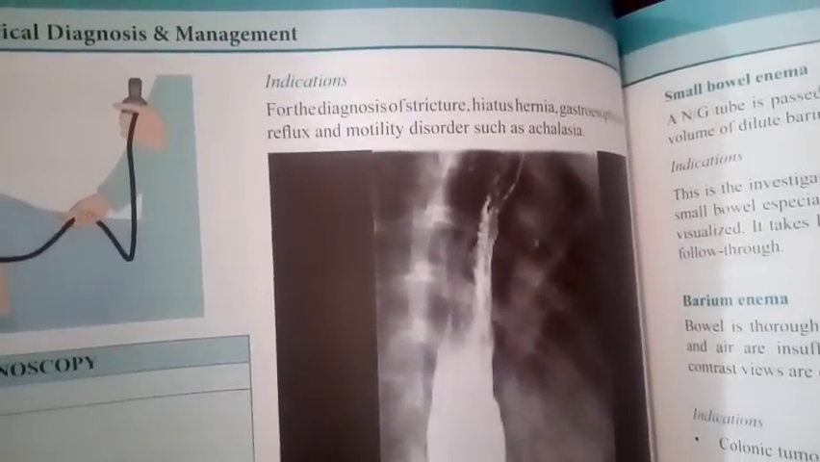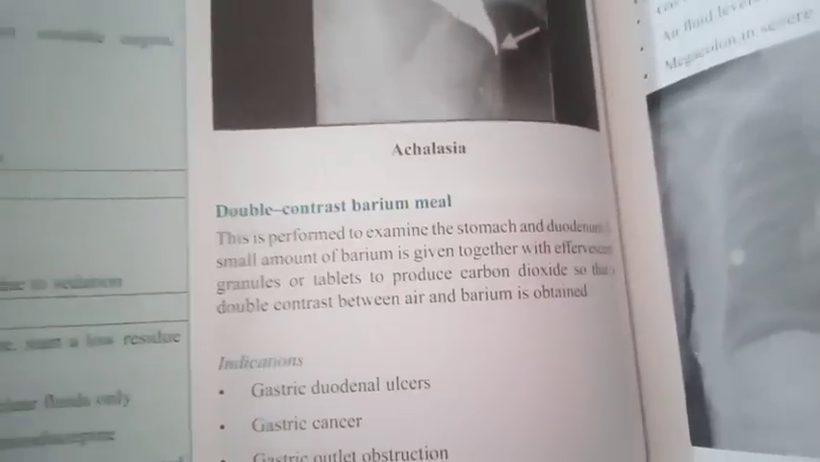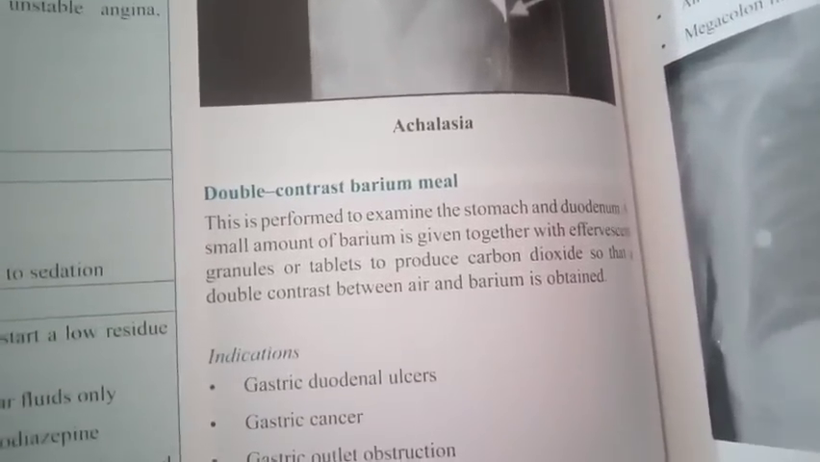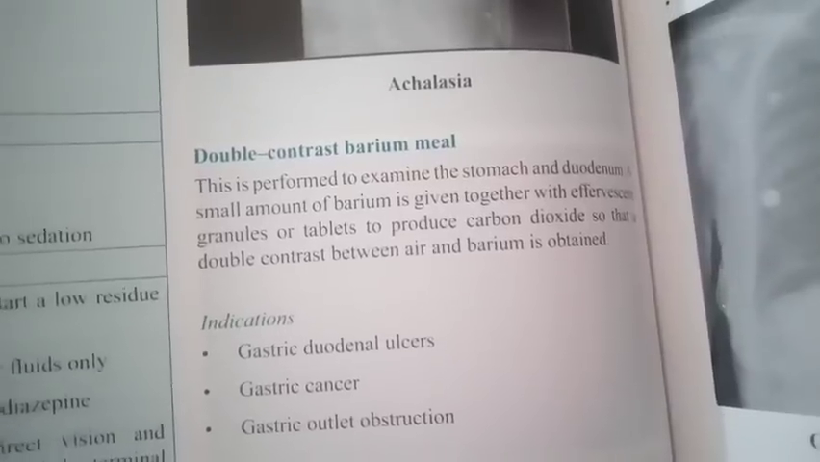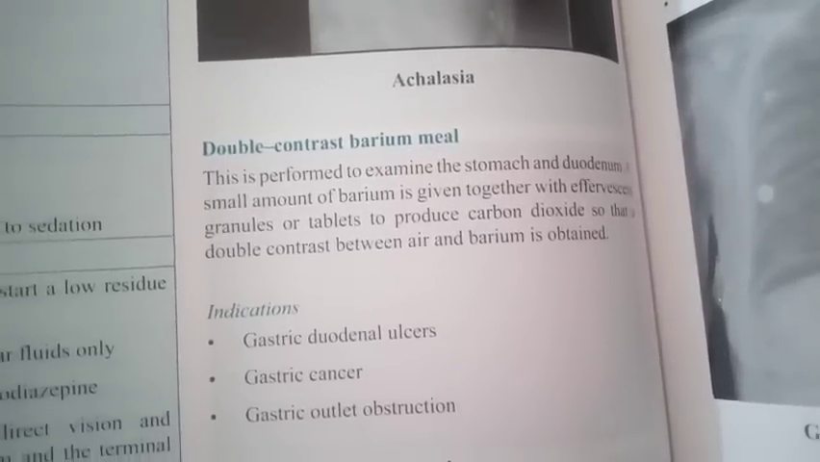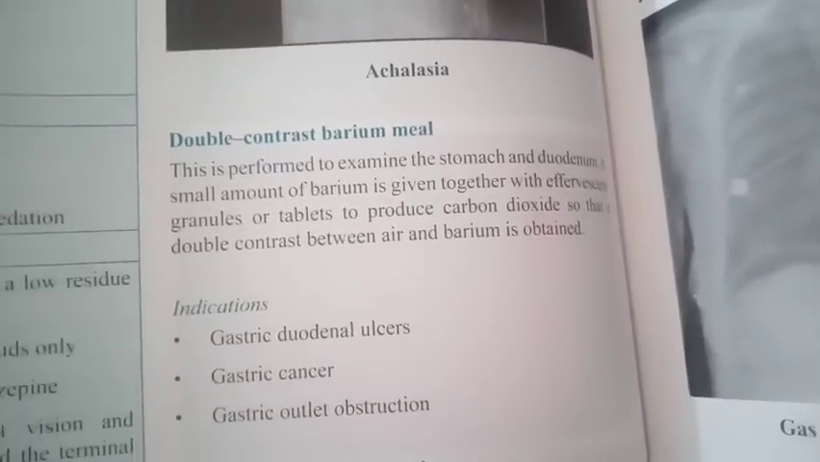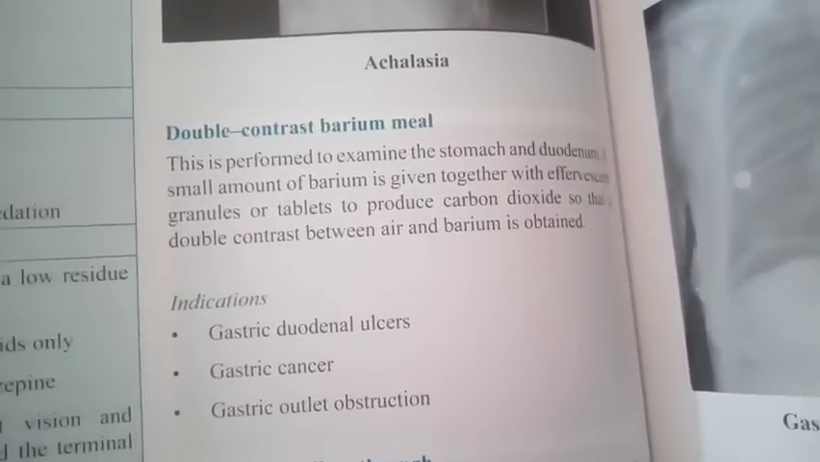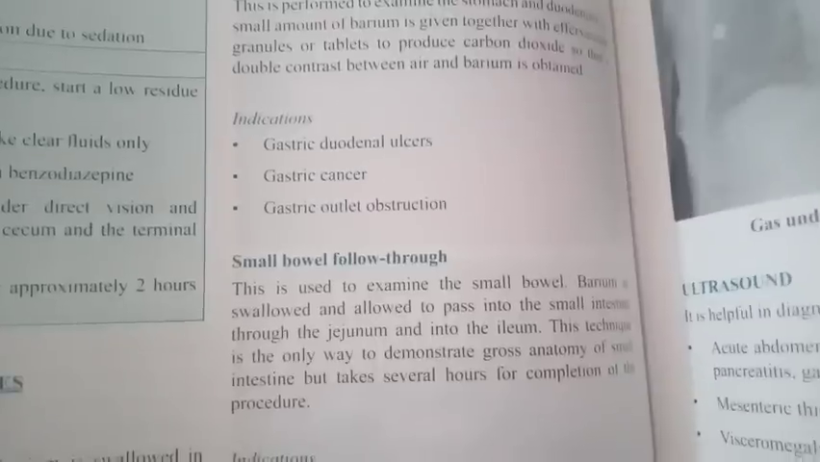Indications are further the diagnosis of stricture, hiatus hernia, gastroesophageal reflux and motility disorders such as achalasia. Double contrast barium meal. This is performed to examine the stomach and duodenum. A small amount of barium is given together with effervescent granules or tablets to produce carbon dioxide, so that a double contrast between the air and barium is obtained. Indications are